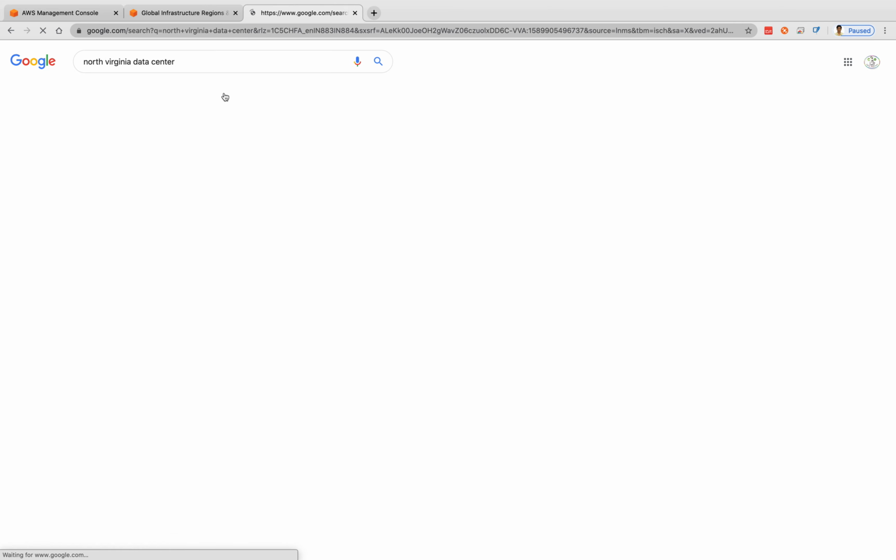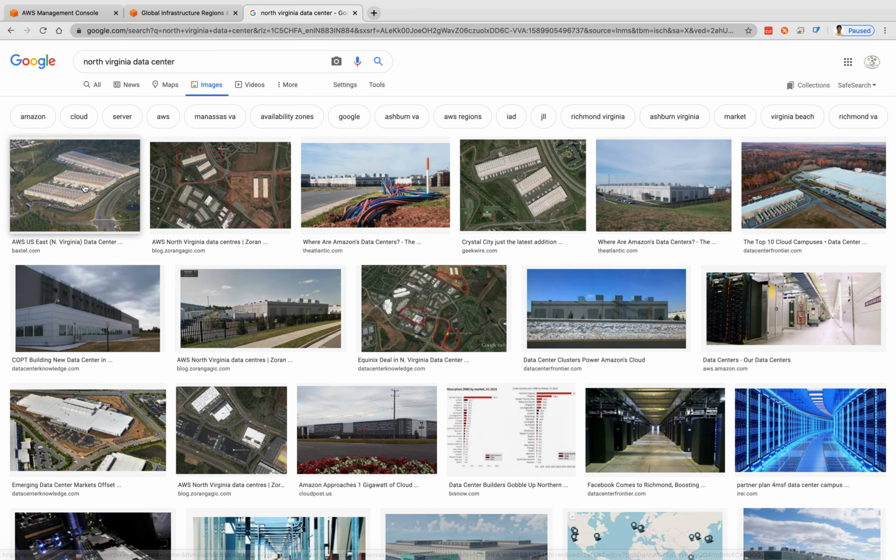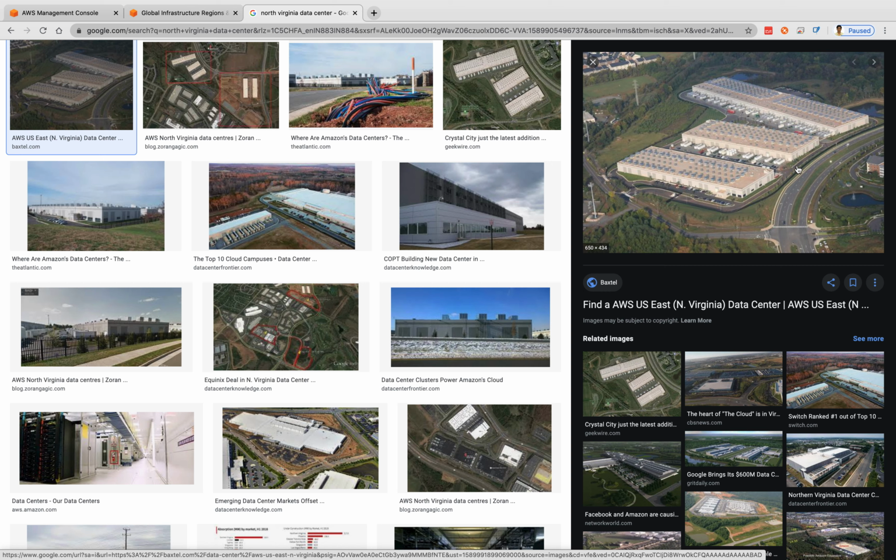If you click on images, see here, this is one data center in North Virginia. When I say the region has 6 availability zones, that means in one place there is one data center, and in another place maybe 50 or 30 kilometers away there is one more data center. The number of buildings here are related to one data center.